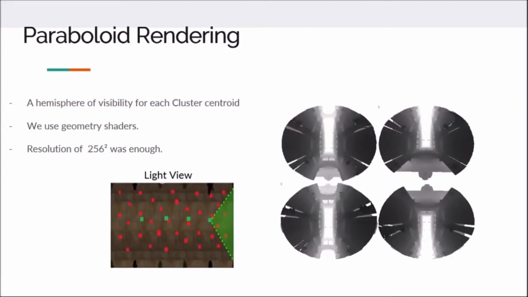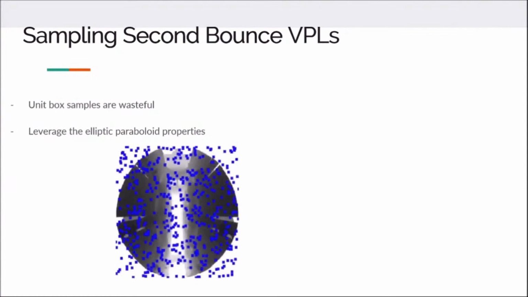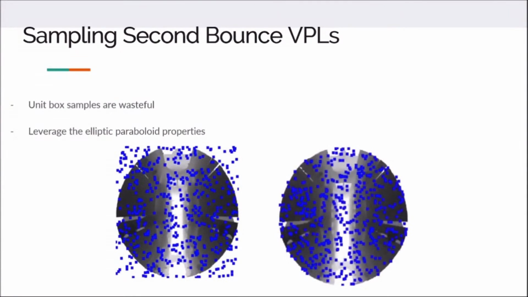Next part, we render a few hemispheres of visibility for each cluster centroid using geometry shaders. Now, to sample second bounce VPLs, it's important to notice that unit box samples are wasteful. Therefore, we leverage the elliptic paraboloid properties. As you can see on the left, a unit box approach is wasteful.